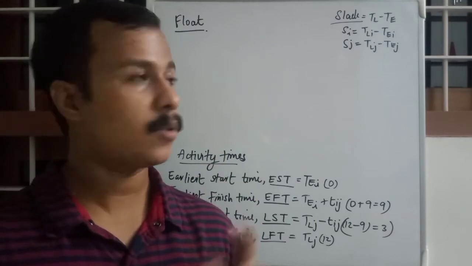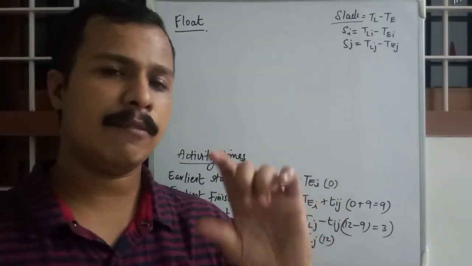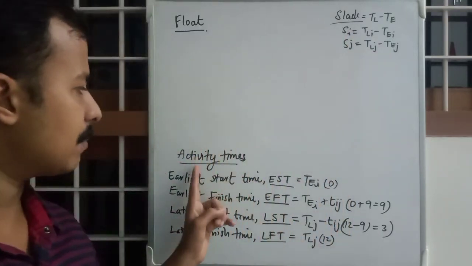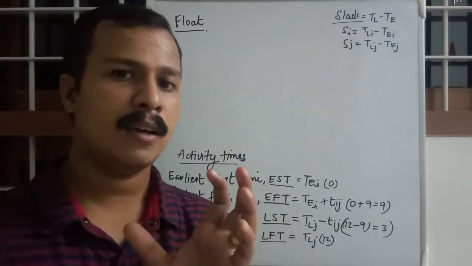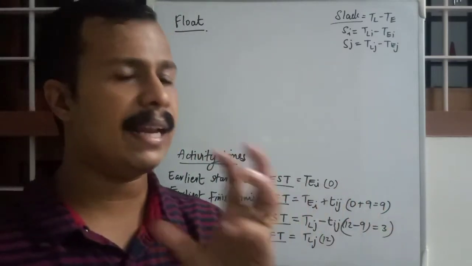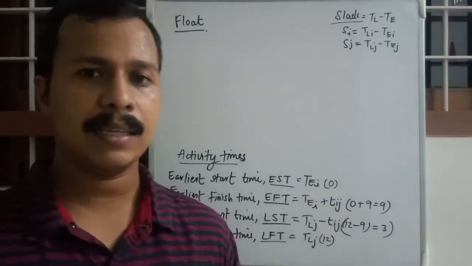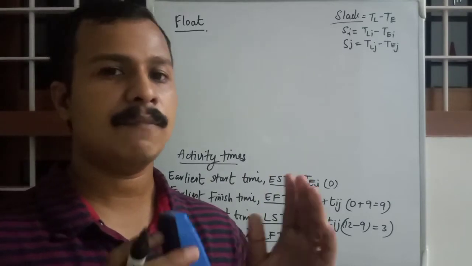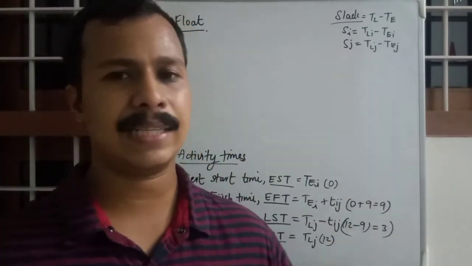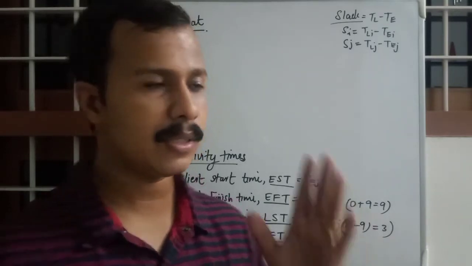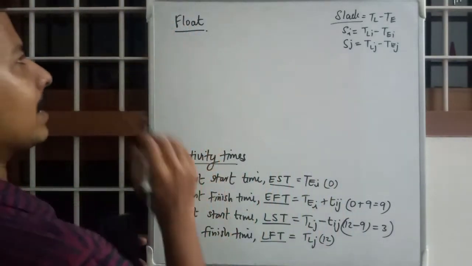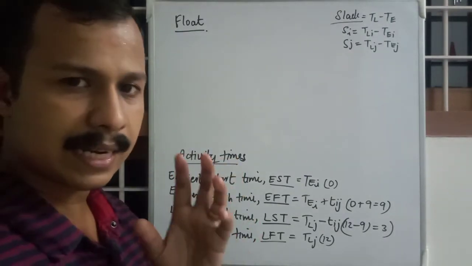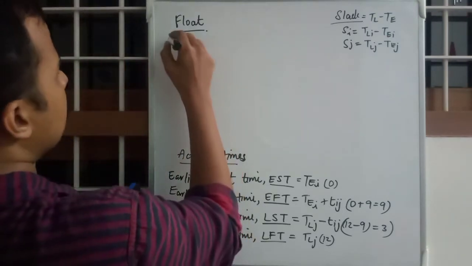Okay, so in case of slack, you could delay 1 or 2 days for the occurrence of that particular event, but in this case it is based on the activity. You can delay the whole activity, you can elongate that activity by 2 days if float is 2 days, without delaying the whole project. The whole project time will not be affected. Okay, so that is float, and I hope you get the definition. And there is a classification for floats, and the first one is